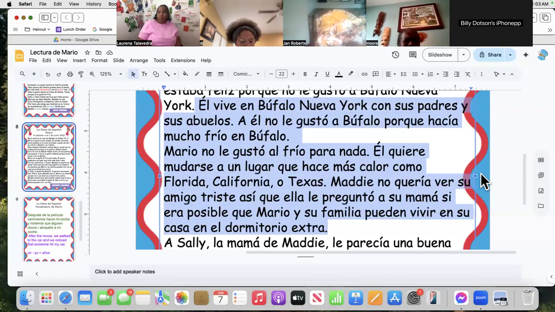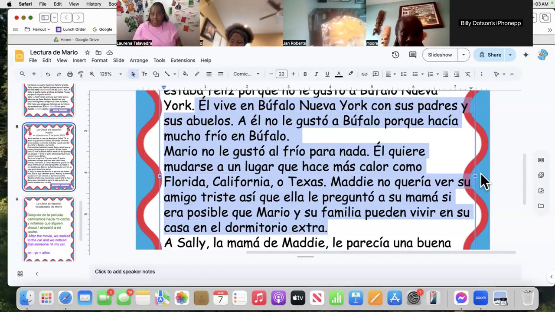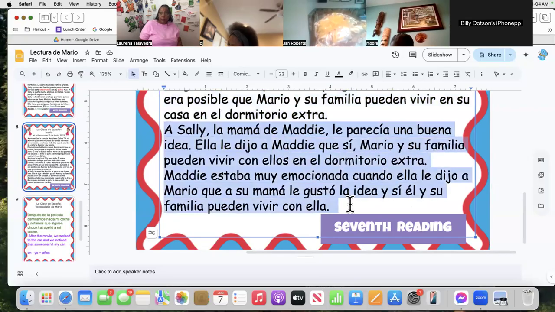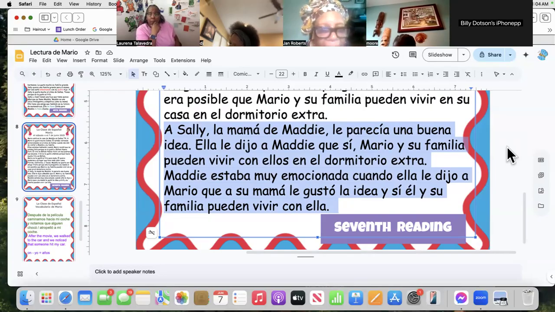Say that again, moverse. You're going to spell the word move, and then you're going to put RSE on the end, moverse. And that means to move your body parts. Okay, that's good. Mudarse means for you to relocate. Okay. So backing that up then,